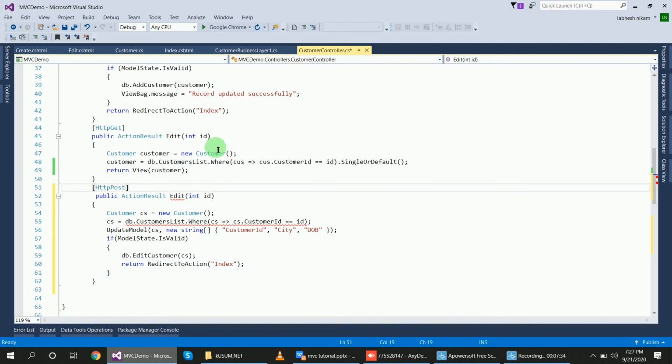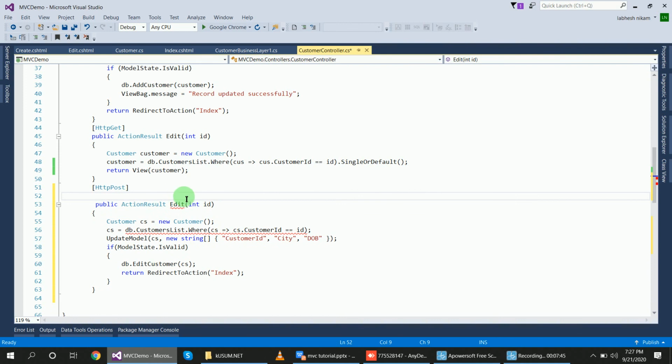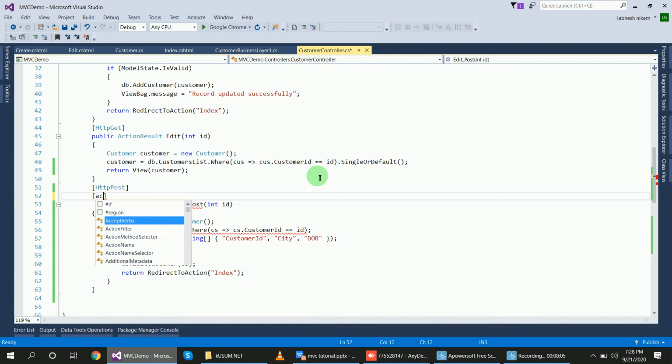Now this Edit function has the same name, so overloading happens here. I will change this and give it another name, EditPost, and rename this edit to EditPost. And I have the same name for the view, so I pass the action name.